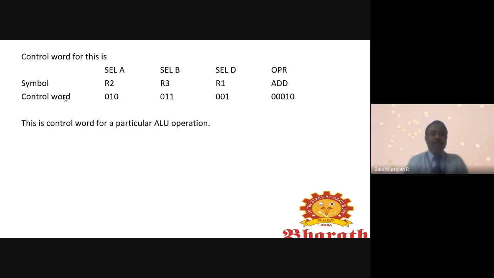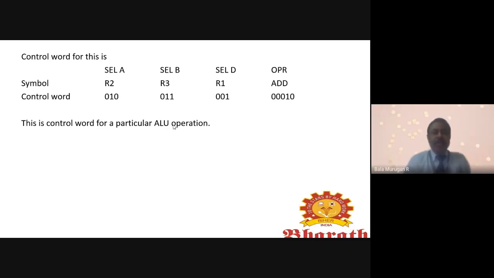So the control word means 010 for R2, 011 for R3, and R1 is 001. So finally we are using the add operation, that is 00010 we are using here. So this is the control word for this particular ALU operation.